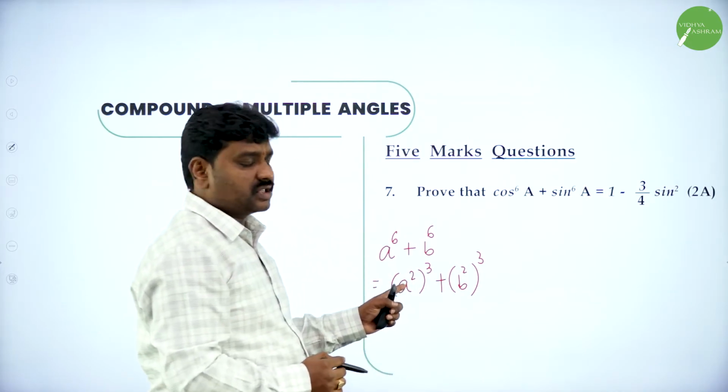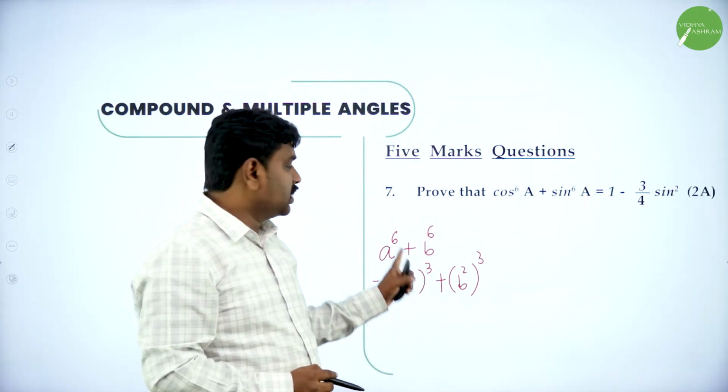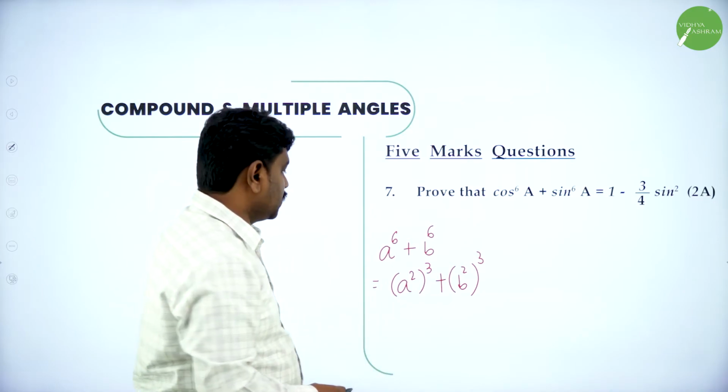I am using the law of indices: a power m whole power n is a power m into n. So a to the 6, I'll write as (a squared) cubed. Now